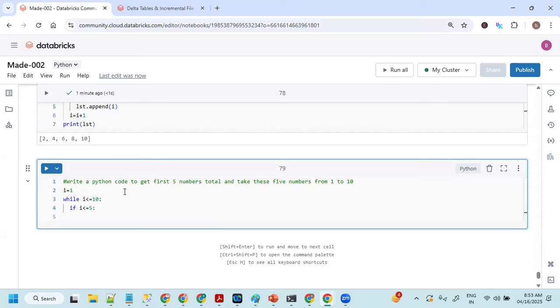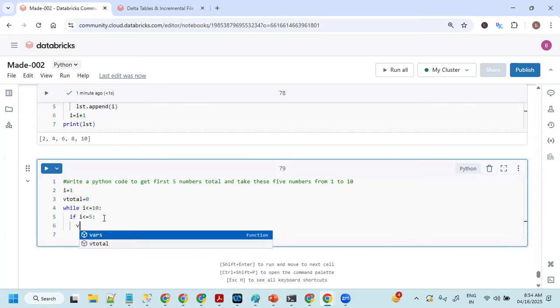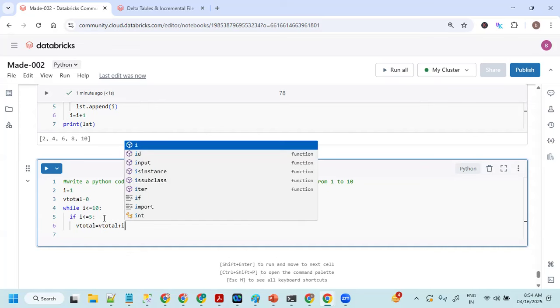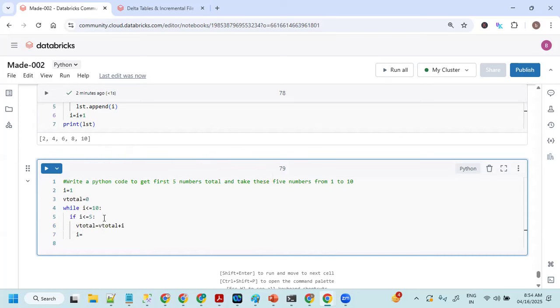You can create one more variable, v_total equals to 0. So here I'm giving v_total equals to v_total plus i. It will work. And i equals to i plus 1,